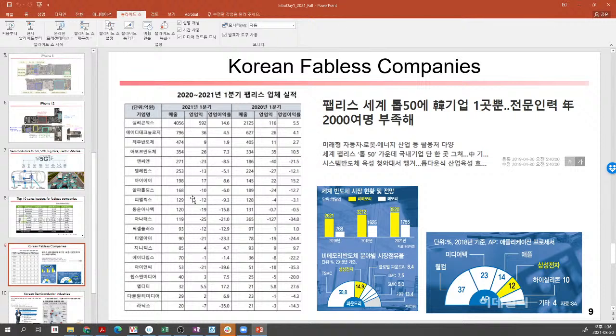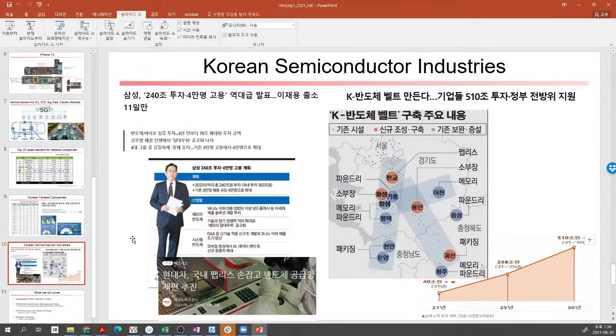But it would be difficult for the school to provide all the required manpower. That's why nowadays Samsung in Korea is trying to invest in the system semiconductor, other than memory semiconductor. They are trying to support the fabless companies in-house, and